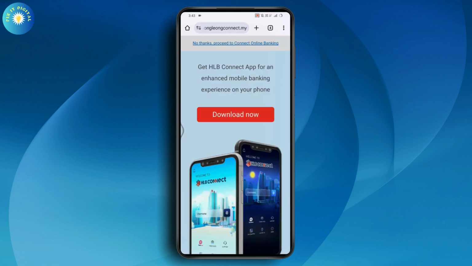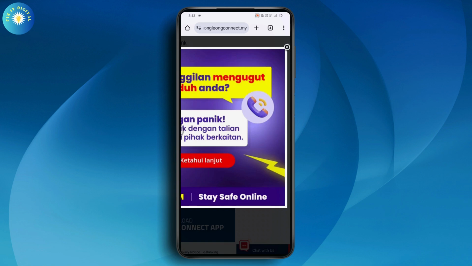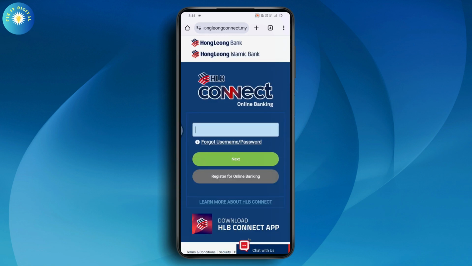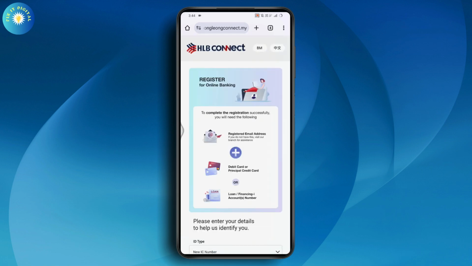Once you tap on personal, you need to go with the upper side, which has no thanks, proceed to connect online banking. Now just remove the ad and you'll get this kind of interface where you just need to simply enter your username. So enter the username on the first blank, or just go with register for online banking if you've not